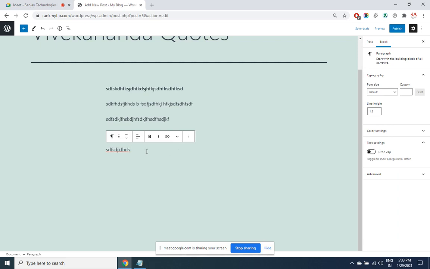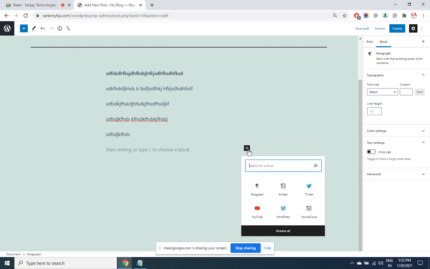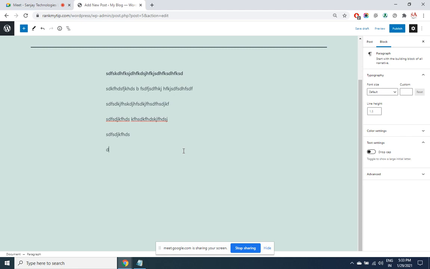Okay. So just as you press enter, new blocks will automatically get added. Now within this, you can either type the text matter or you can even give it in the format of HTML. You can even choose the option from here.